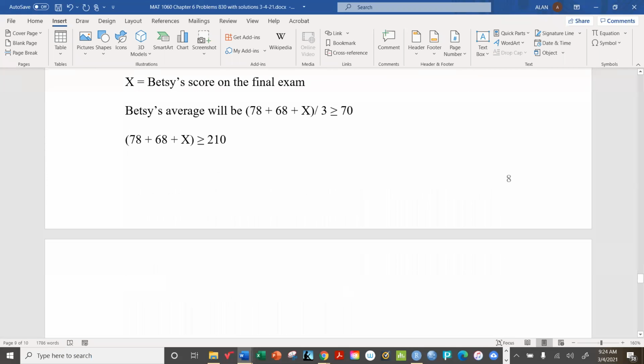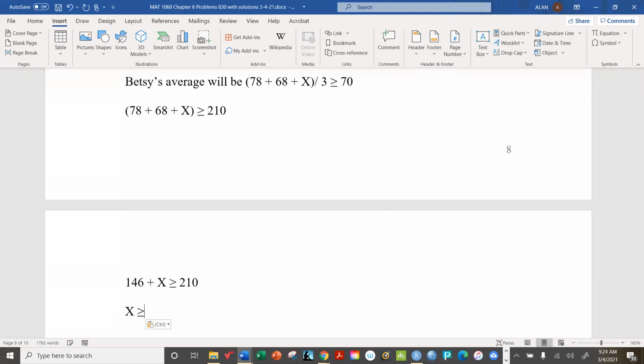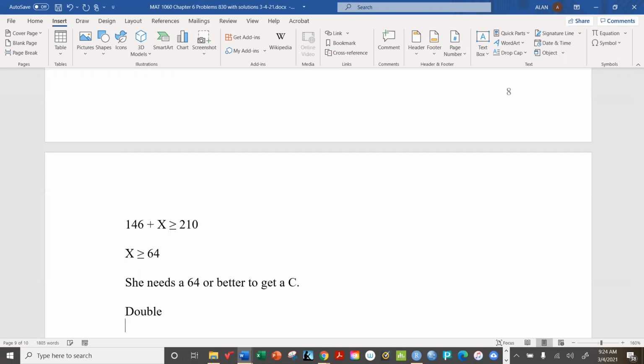And then we have 146 plus X. X, therefore, is at least 64, okay? So she needs a 64 or better to get a C. So for the double check,